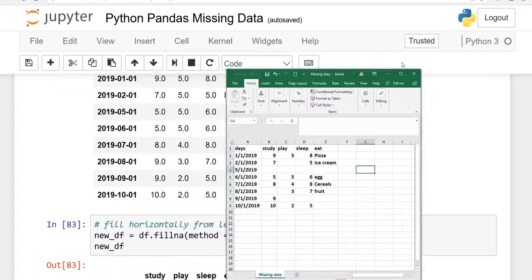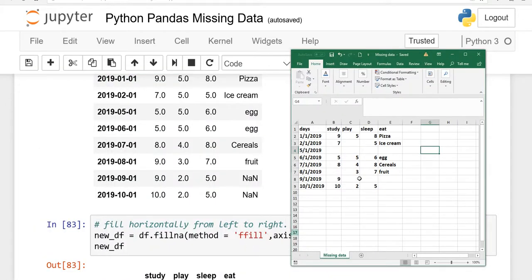So what will these do? If it is forward fill, it will move from left to right. It will work horizontally. Here I have written fill horizontally from left to right. So horizontally we have 7, so it will make it 7. Just like we have 9 here, horizontally it will make 9 here.